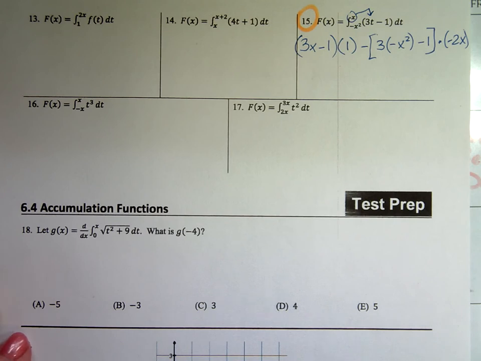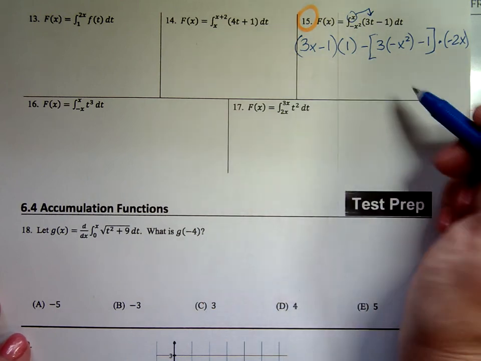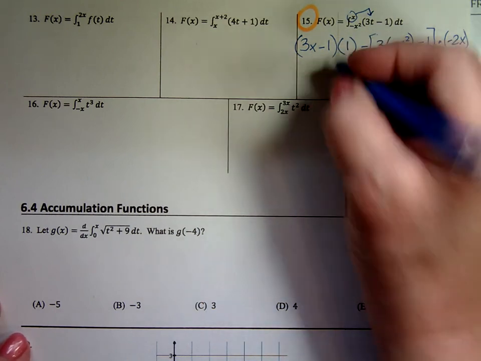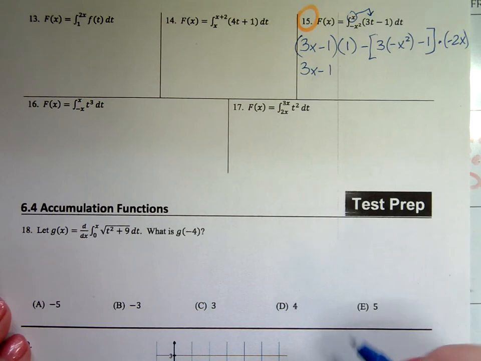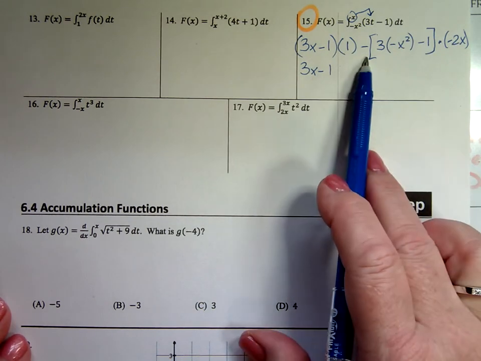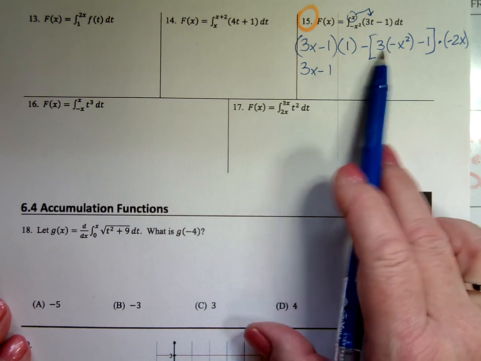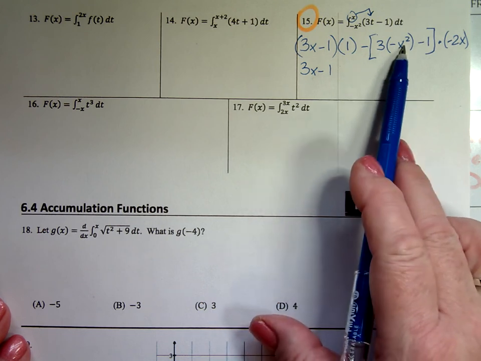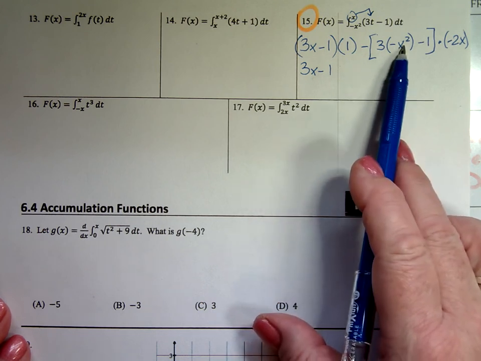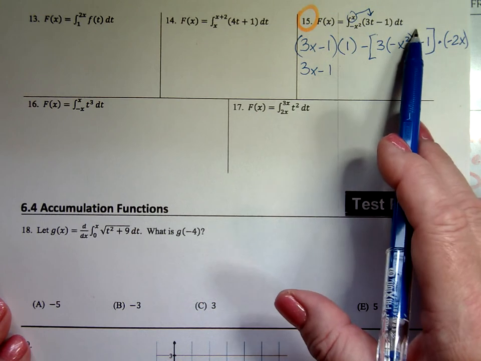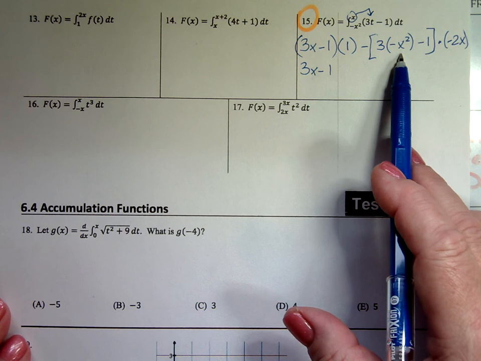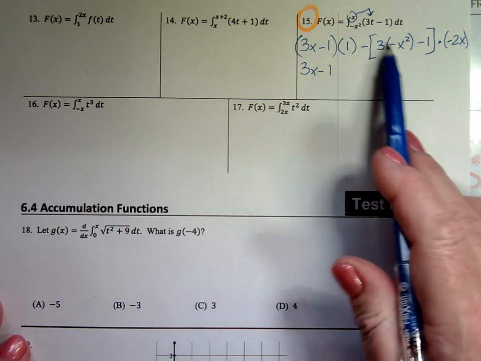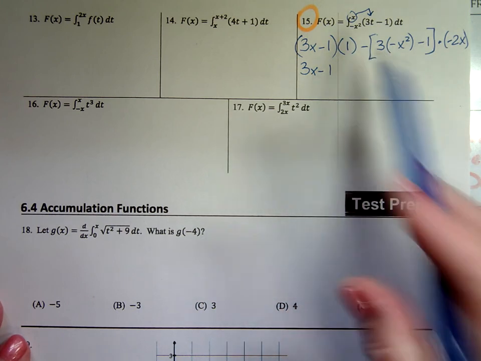I have 3x minus 1 times 1, so that's just 3x minus 1. That's happy. But then I have a negative 3x times a negative x squared. Now notice where that square is. The square is part of the x term. It's not squared on the outside, which would turn that positive. So this is a negative x that you're multiplying by the negative 3, distributing that negative,